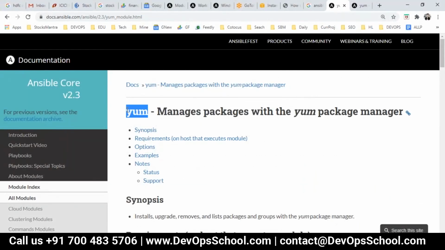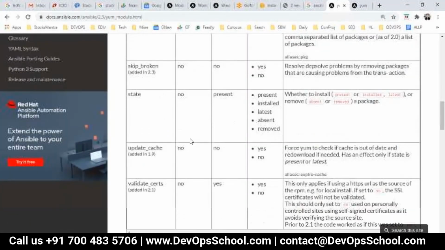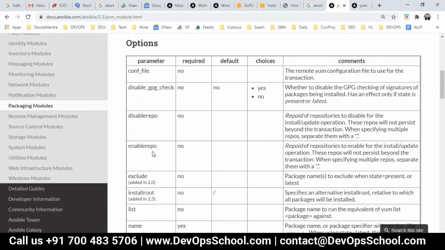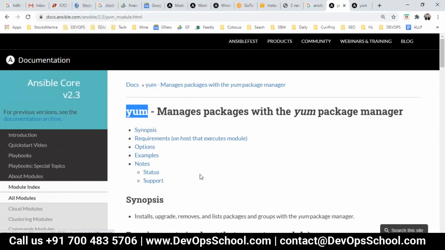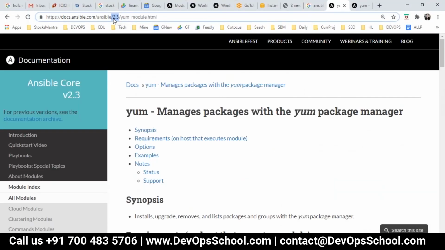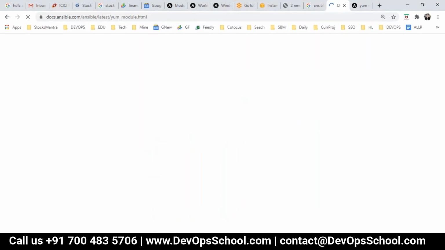So guys, I got to know yum, these are the parameters. Okay, and I will see which is required. By the way, this is not the right documentation. See here, whenever you read, please read this, because by looking at the table I got to know this is a very old one. So this is Google's issue, not your issue. Whenever you get such results, change this number to latest, just a trick, or you can change it to 2.9, but right now latest is the best one.